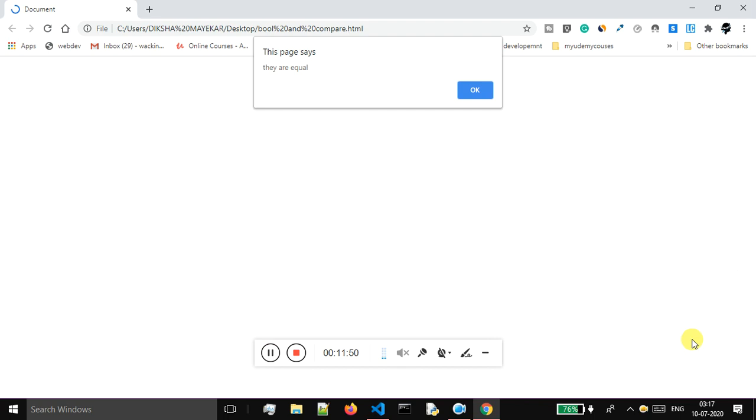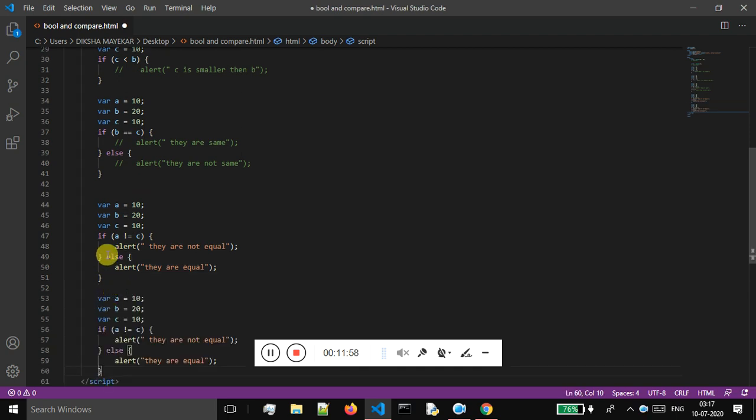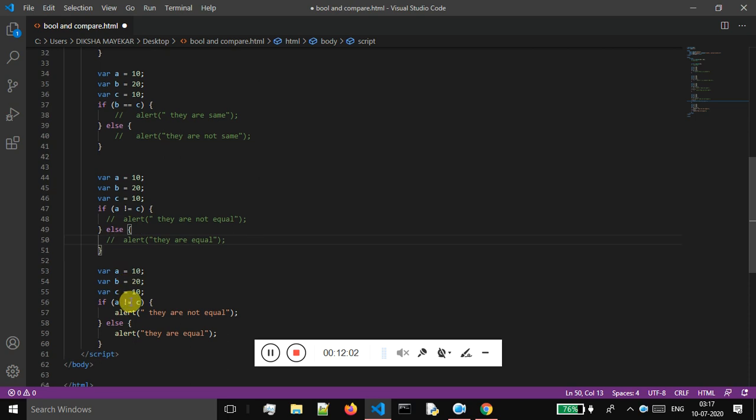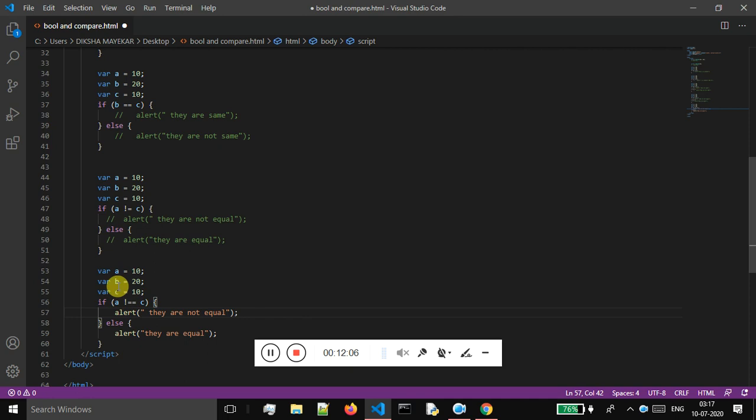And next is not equal to, and now let me just copy this. I'll come over here and I will paste this. I will comment out these comments, and next is this condition. Okay, not equal to. If suppose I am having these different types,